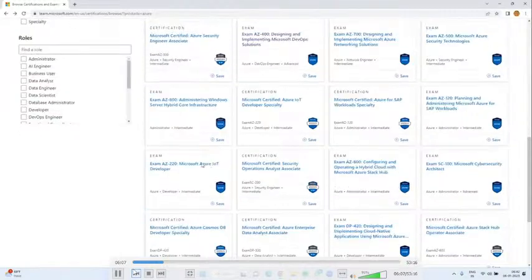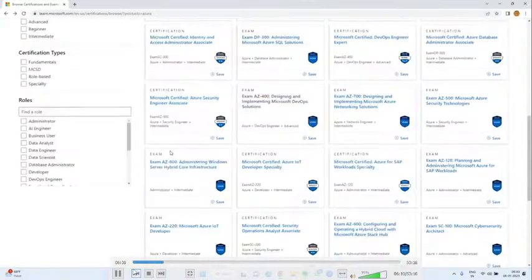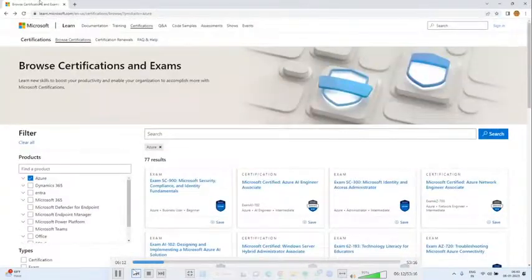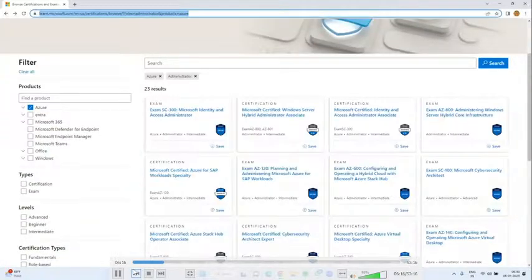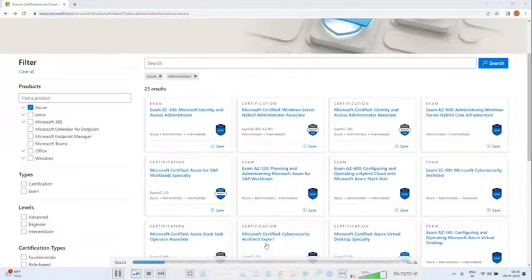This is an overview of Microsoft Azure certification papers. I will share this link, just keep it with you for your reference. This is the certification URL.